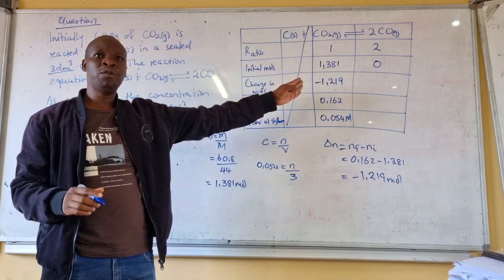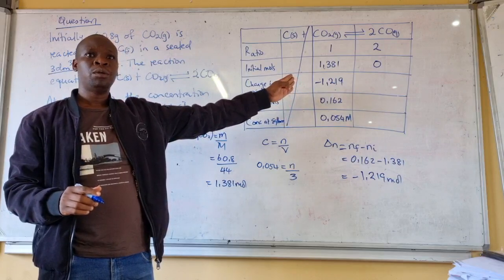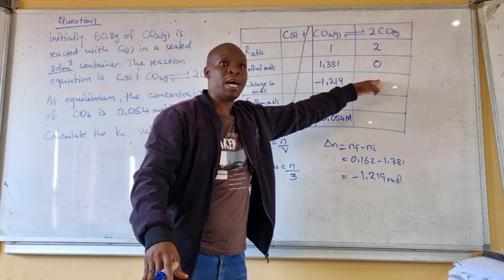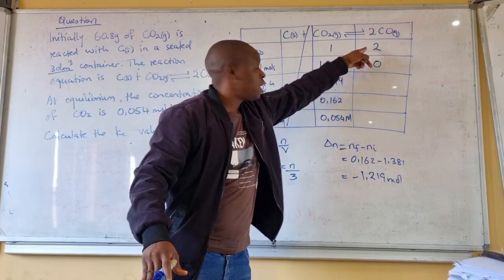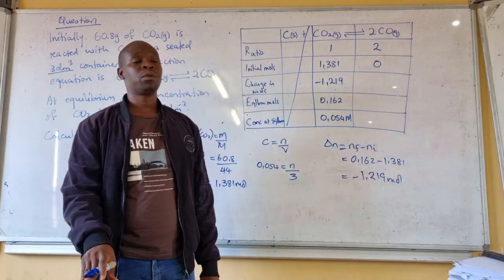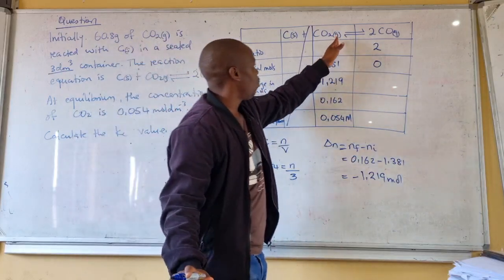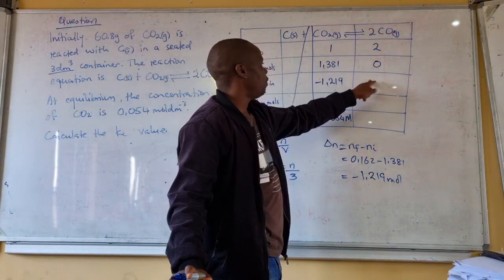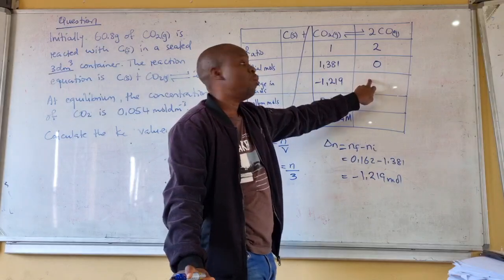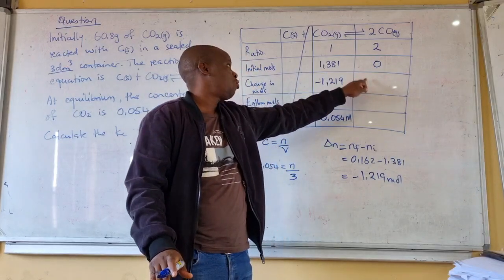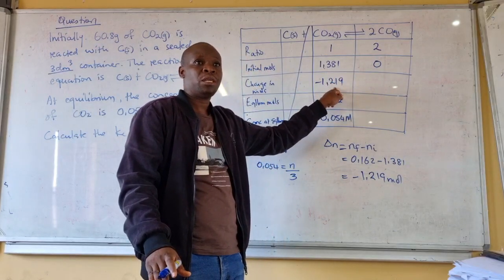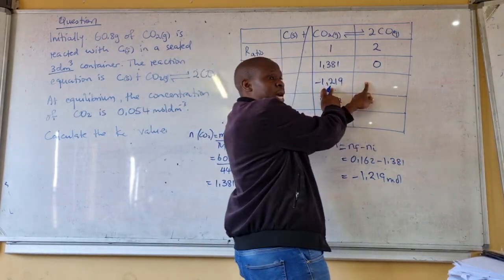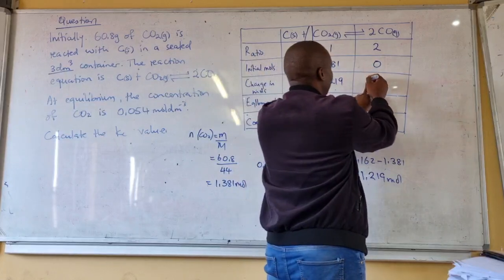What do we use it for? We use it to determine the change for the other substance, making use of the ratio. Our ratio is 1:2. So if the ratio is 1:2, it means the change in moles of carbon dioxide has to be double this change. Double this change means we are multiplying this by 2, which gives us